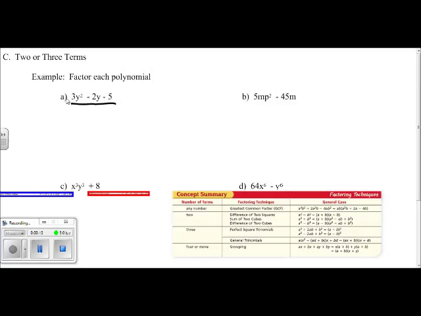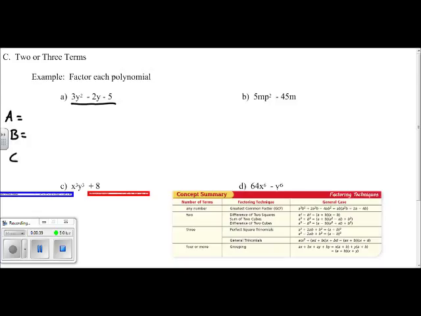And it looks like all of these, we have the 3y squared, negative 2y, and negative 5. Well, they don't all have a y factor in them, so we can't pull a y out. And the coefficients of 5, 2, and 3, those are all prime, so none of those will match up with each other. So we can't pull the greatest common factor out, so we go directly into our AC method,